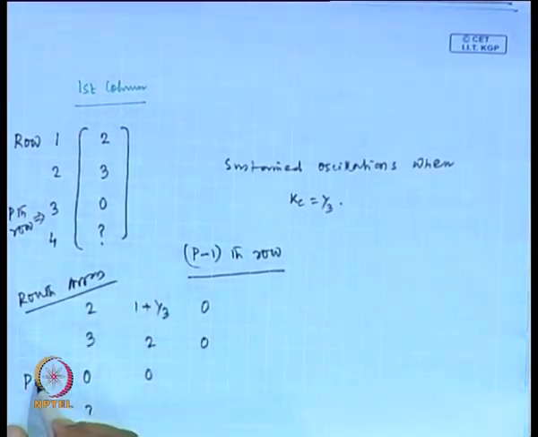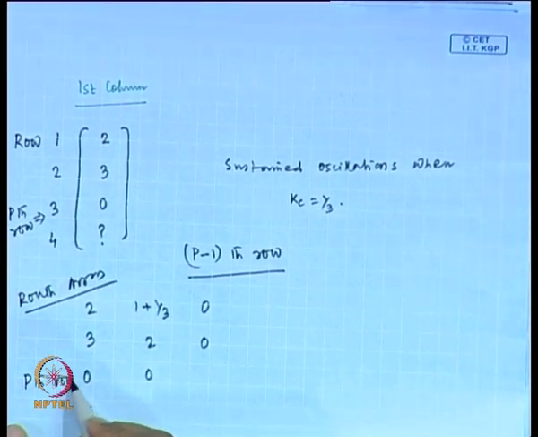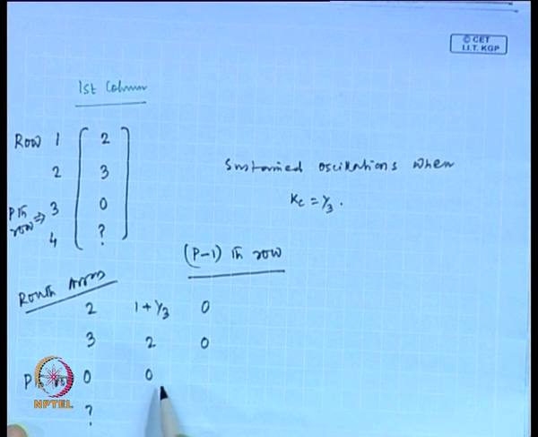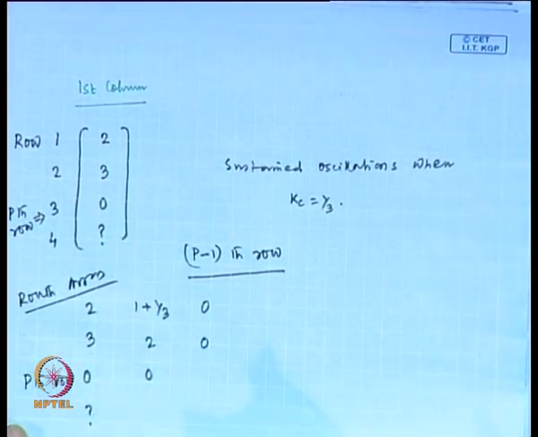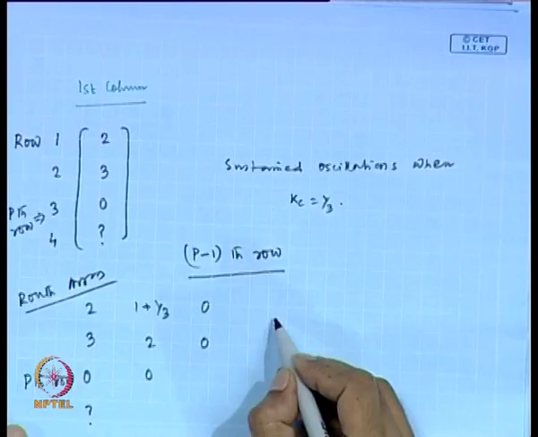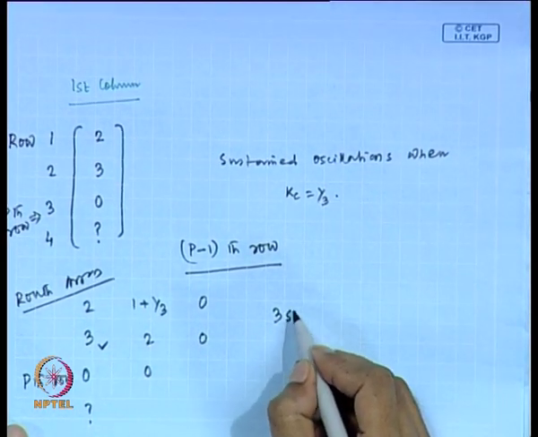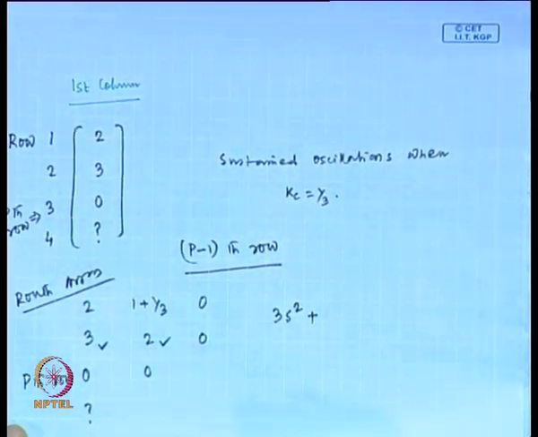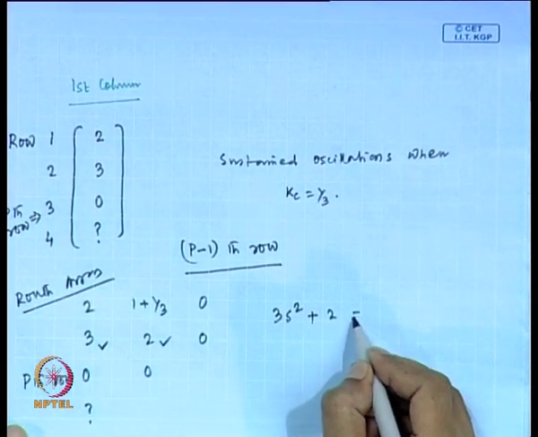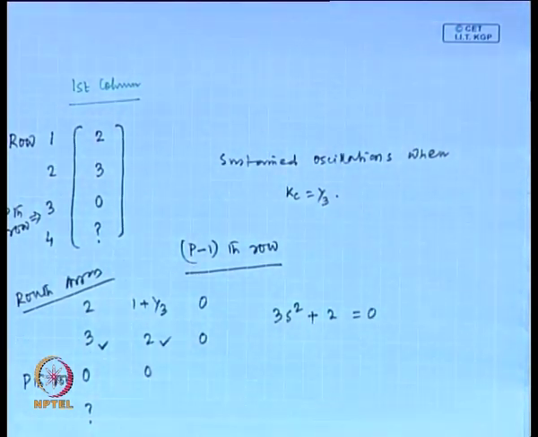We are saying that this is the pth row. Now, all the elements vanish from this row. Now, we will take the elements just from the p minus 1th row. So, one element is 3, another element is 2, which is equal to 0. And you remember, we only take the elements from the p minus 1th row and from the first and second column.